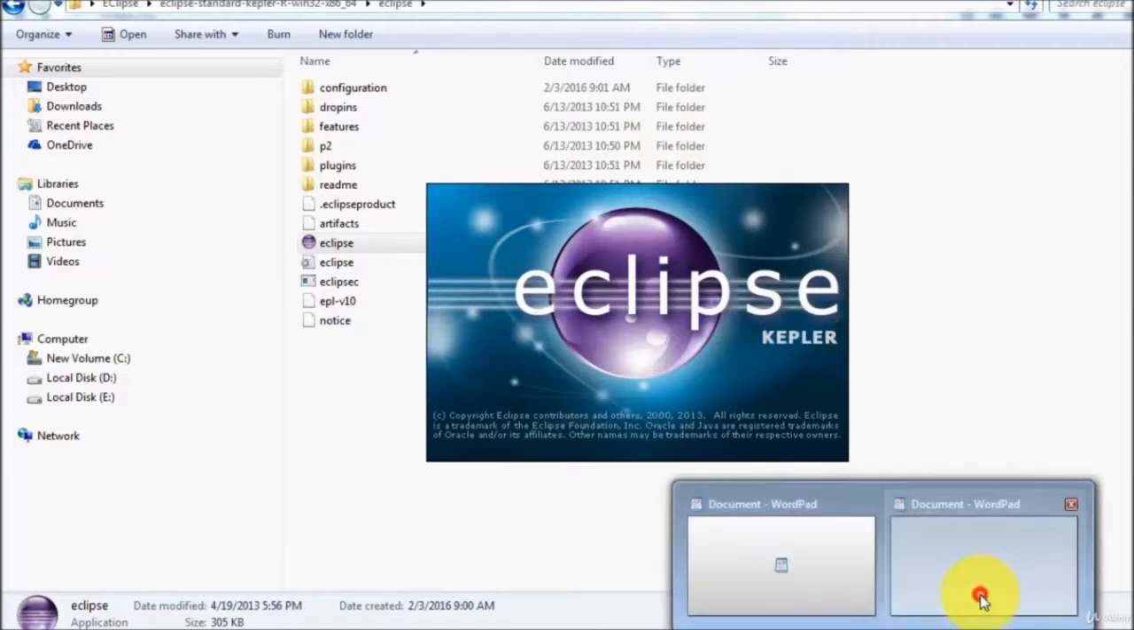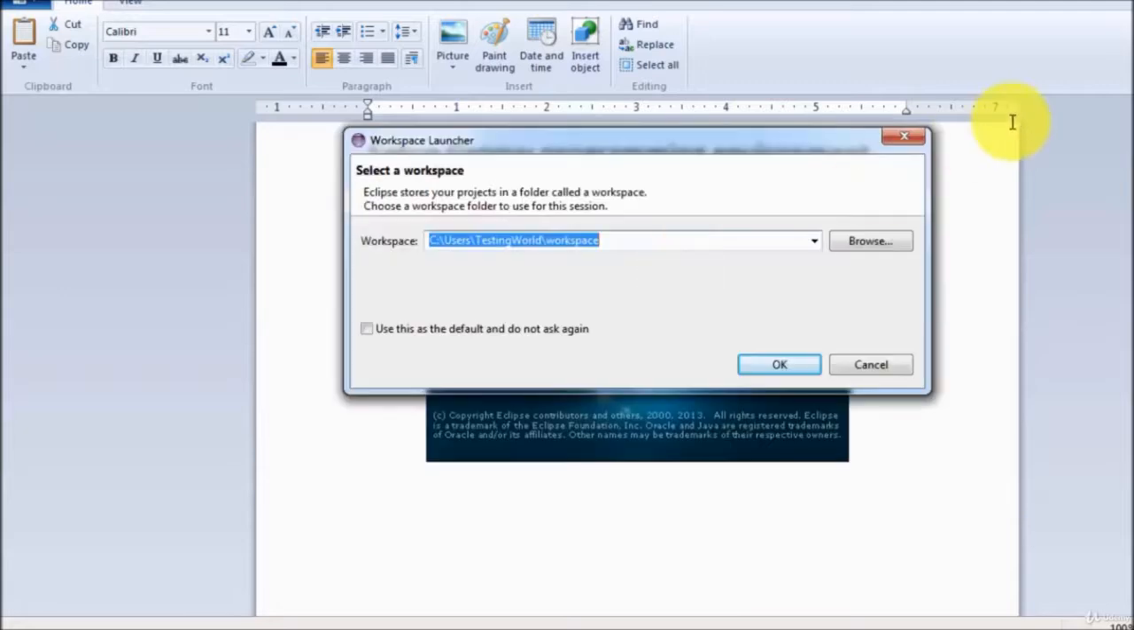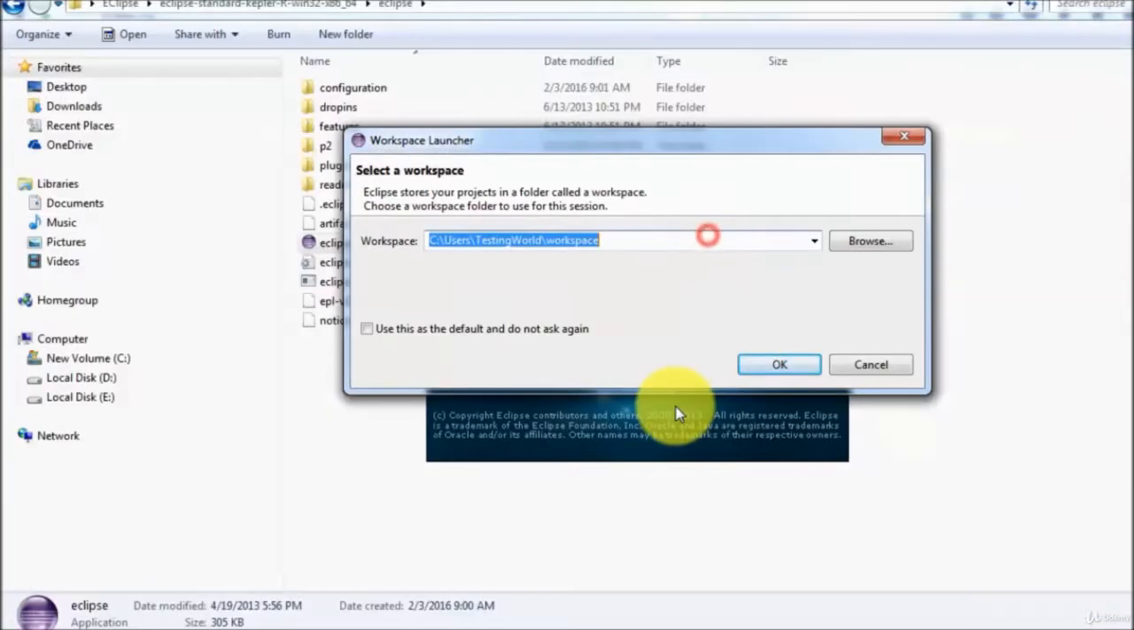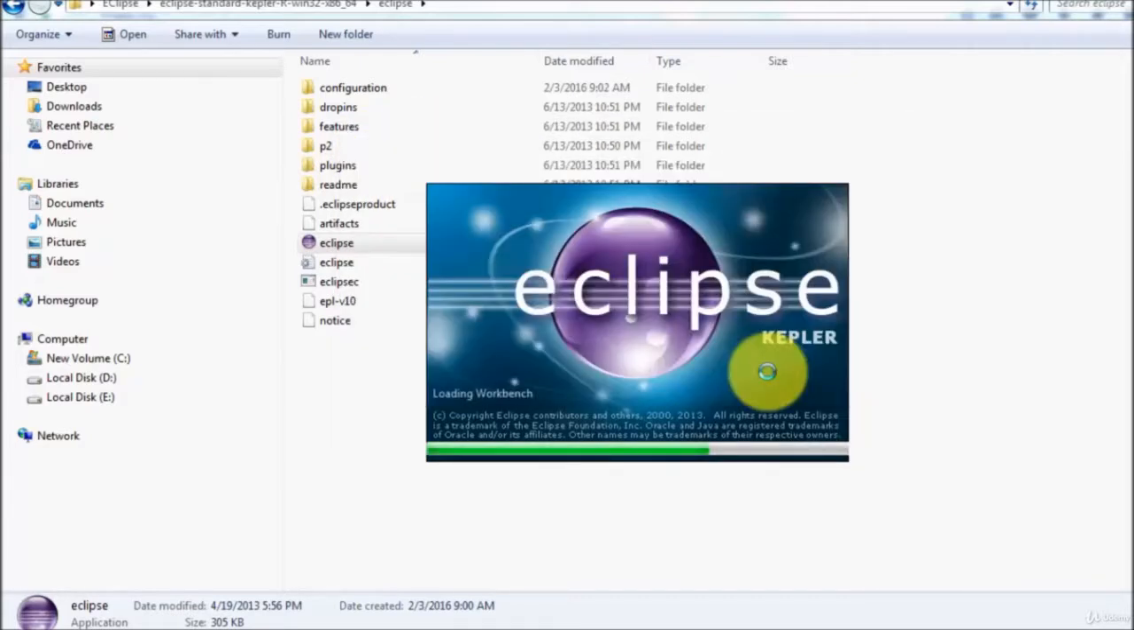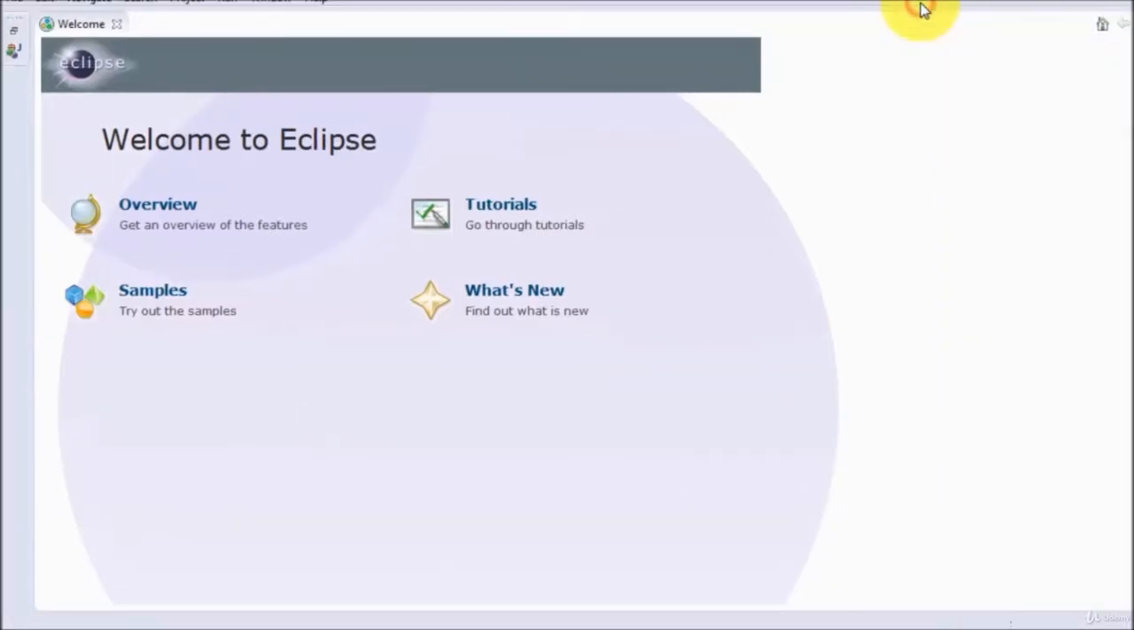In the first step, we installed JDK, then we installed Eclipse. Now we are moving to the third step, installing the Groovy plugin. So by default, when we install Eclipse, we are not getting Groovy. I'm starting Eclipse and here it is asking for the workspace. We can give any location and my Eclipse is starting. So once Eclipse has started,